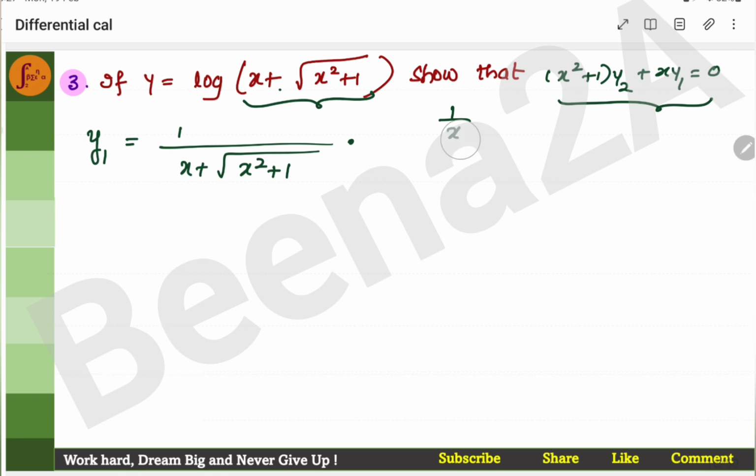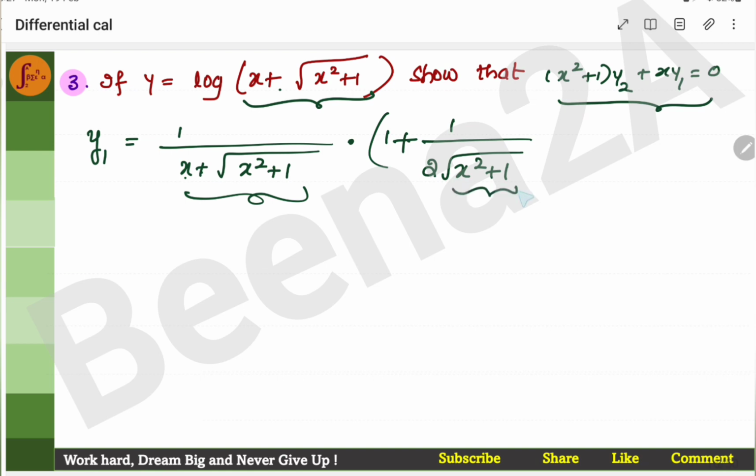Now we'll continue with chain rule, right? Because we have terms inside. Now open the bracket, multiply, open the bracket. Derivative of x is 1. Then you have plus here, copy it as is. Then what is derivative of root of x square plus 1? It's 1 by 2 root of x square plus 1. Then again you have to continue the chain rule. This is a separate term now. So when you're starting a new chain rule, again put multiplication. And what is derivative of x square? 2x. What is derivative of 1? 0. So we leave it like this. So now 2 and 2 will get cancelled. So we'll get y1 is equal to 1 by x plus root of x square plus 1 into, we'll take